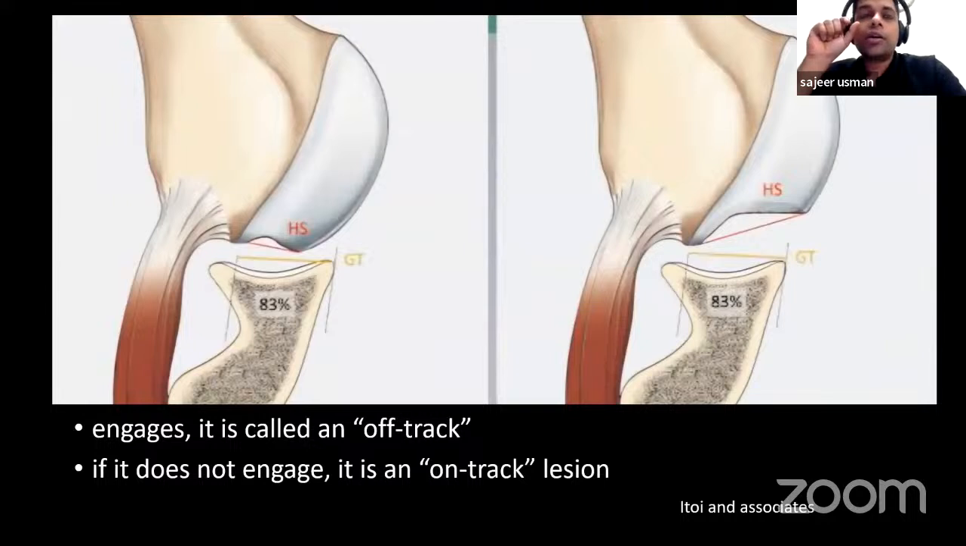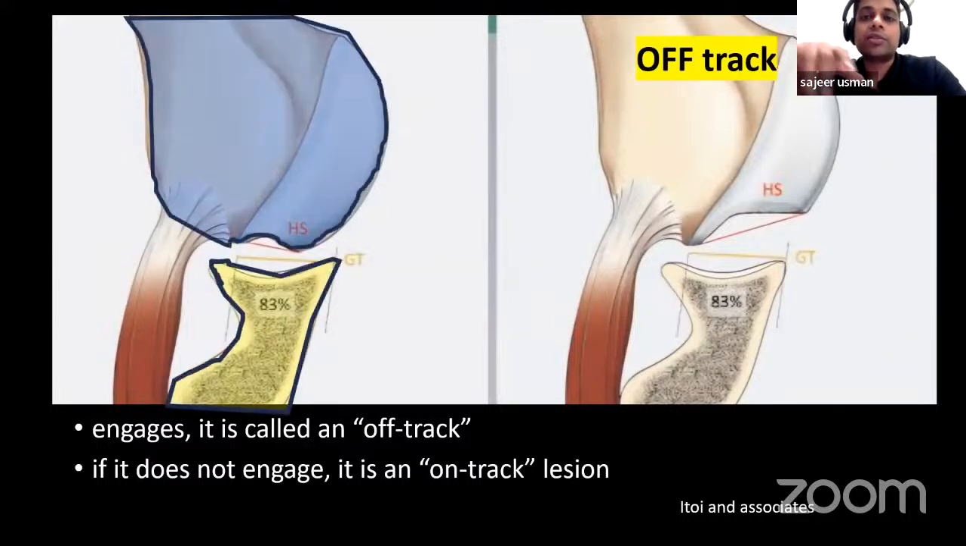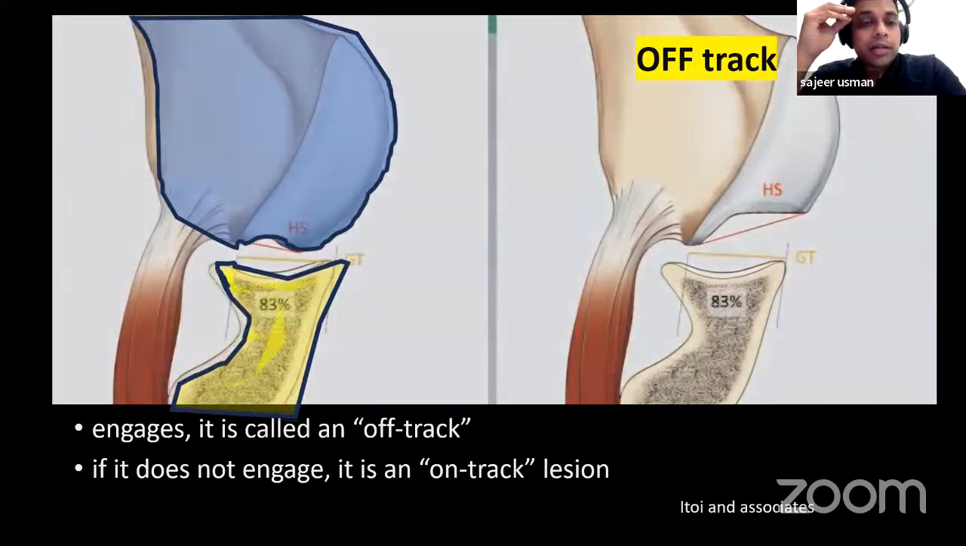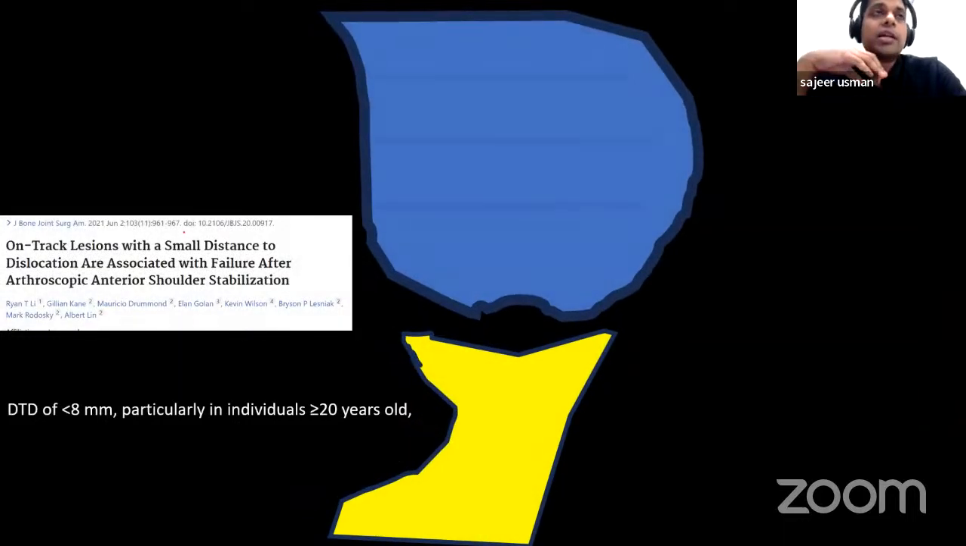And if the humeral head defect is larger than the glenoid track, which is called an off-track lesion. These off-track lesions are the ones we really need to take care of, where we need to employ an additional soft tissue procedure in addition to the Bankart, where we need to apply Remplissage. But recently there has been further understanding about on-track, off-track, where they say that there